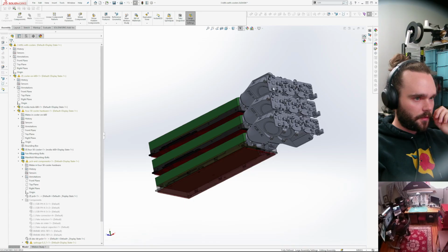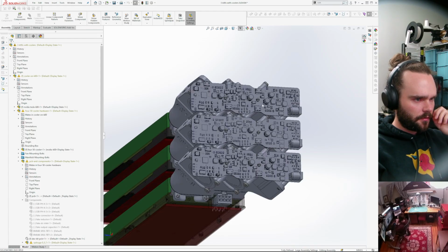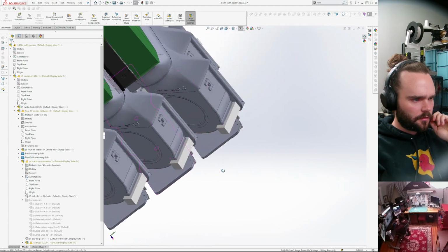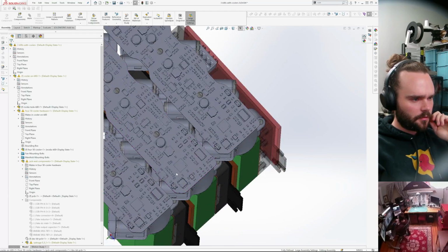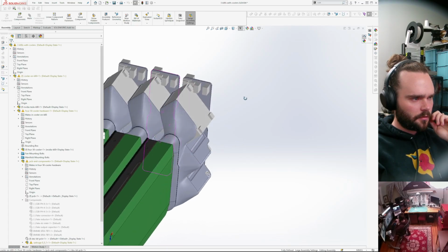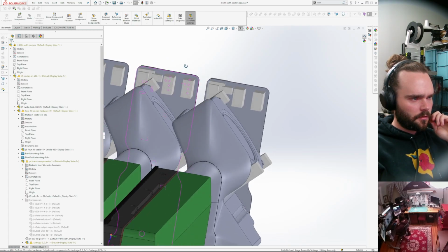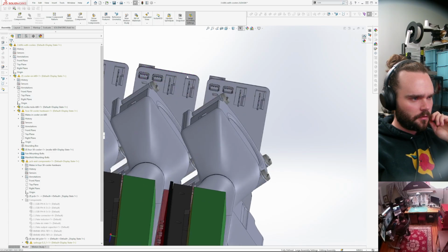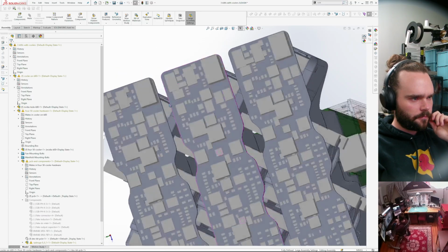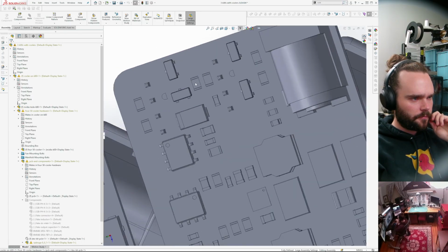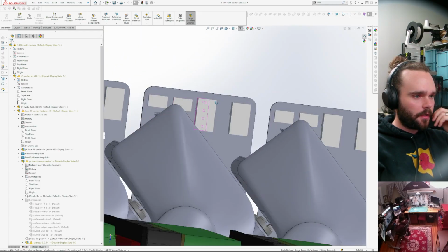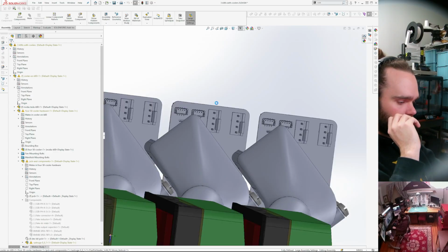It is going to make my computer shit. Yeah, man. I don't know about that connector, but damn, I'm glad I checked this.